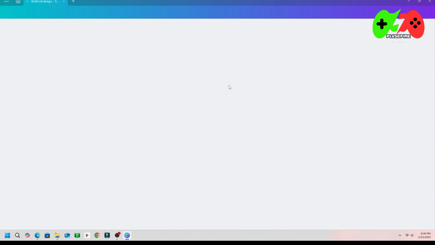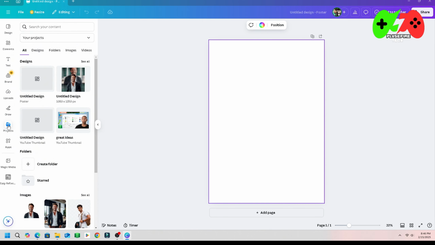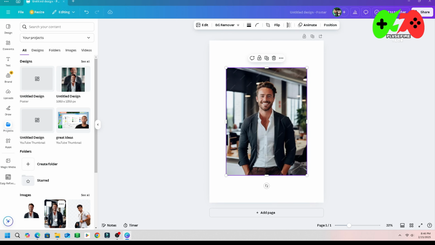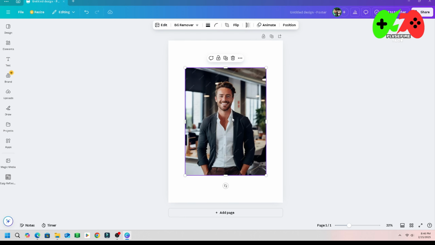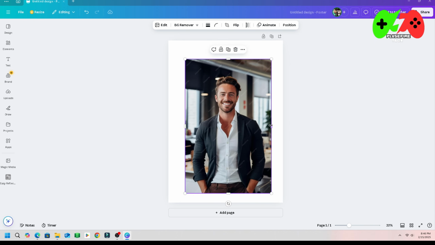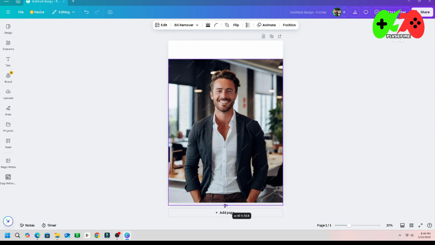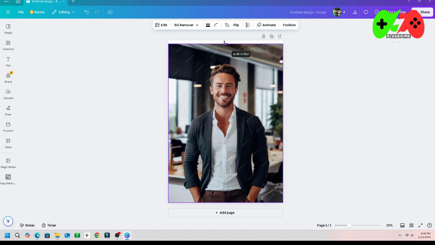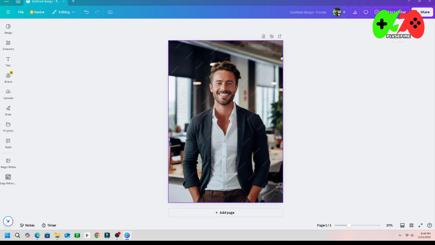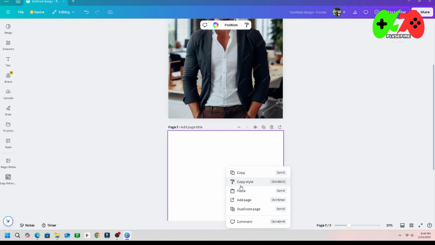After the click, add your image. Go to your uploads and add an image. Adjust the image to the size of the portrait. After the adjustment, add a new page and copy this image and paste it on the second page,